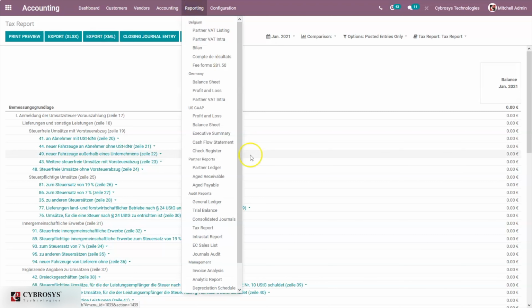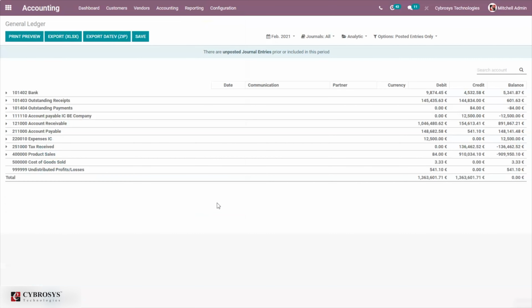Then when you come under audit reports and open the general ledger, here we can find an option to export the accounting entries from Odoo to DATEV, in zip format. So Odoo Enterprise database with German localization facilitates this feature.